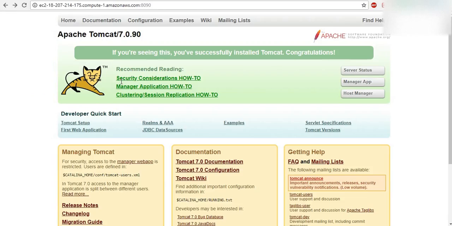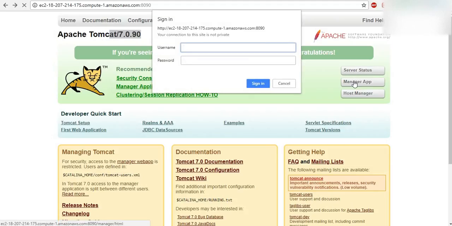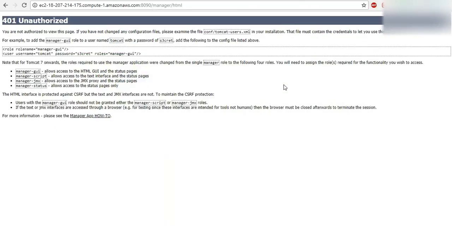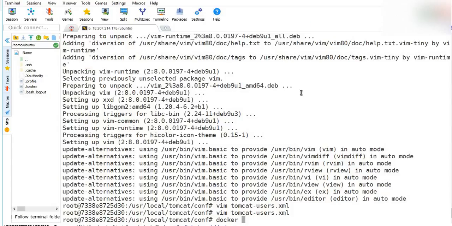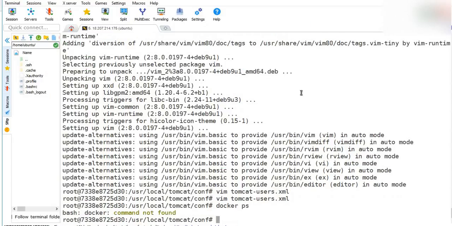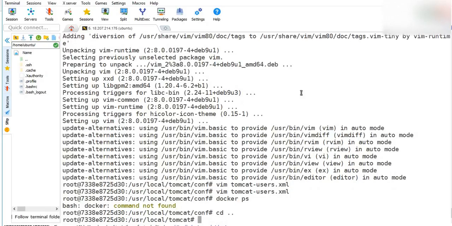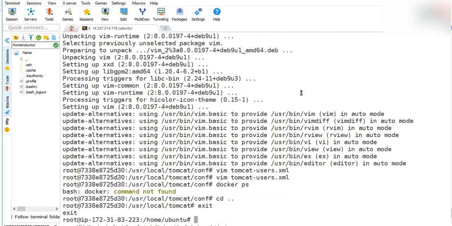So now my intention here is that I'm just in Tomcat 7. My intention is to go inside the manager apps to see what apps are already installed on it. For that I need to give the username and password. So let me just set this username and password there for you. Otherwise by default there's going to be no access. So let's go back and just run docker ps. docker ps is going to give us the container basically. So give exit. And there is one more command known as docker inspect.